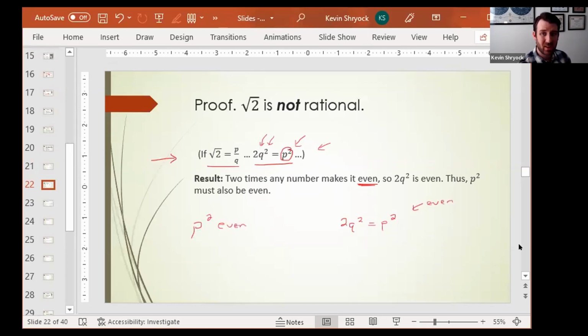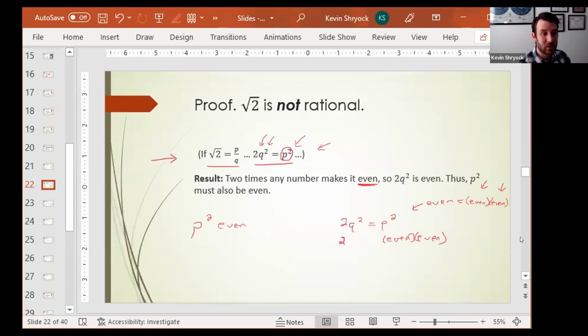Also notice the only way to make an even by multiplying something times itself is that that must have been an even times an even. Like if you do 3 squared, 3 times 3 does not get an even number. 5 times 5 does not get an even number. I've got a 2 that's appearing somewhere as a factor here and somewhere as a factor here. So that means that each individual p has to be even, and it means that I can break this as saying I have even times even,